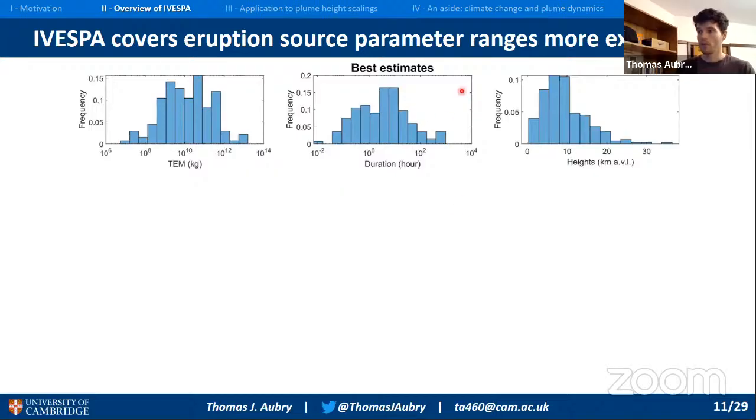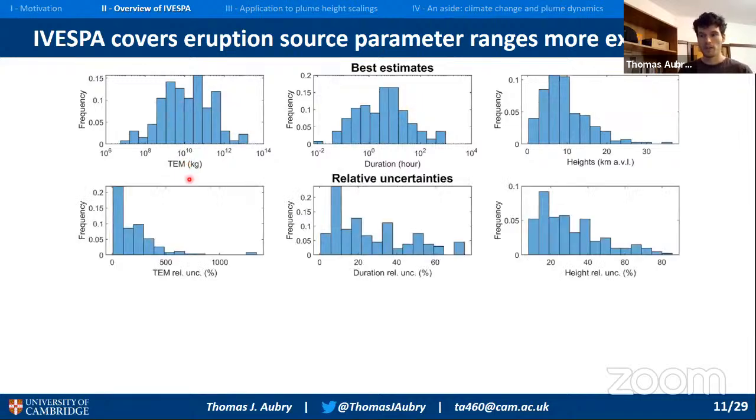So briefly, I just want to show you the distribution of key eruption source parameters in IVESPA. TEM here is the total erupted mass of tephra fallout, and from that and the duration, you can then get the mass eruption rate. And then these are the 3 different heights we had. And what's really important, if I compare to the range in the predecessor data set we amassed in 2014, you can see that in IVESPA we cover a more extensive range, in particular for smaller magnitude eruptions, but also for duration and even for